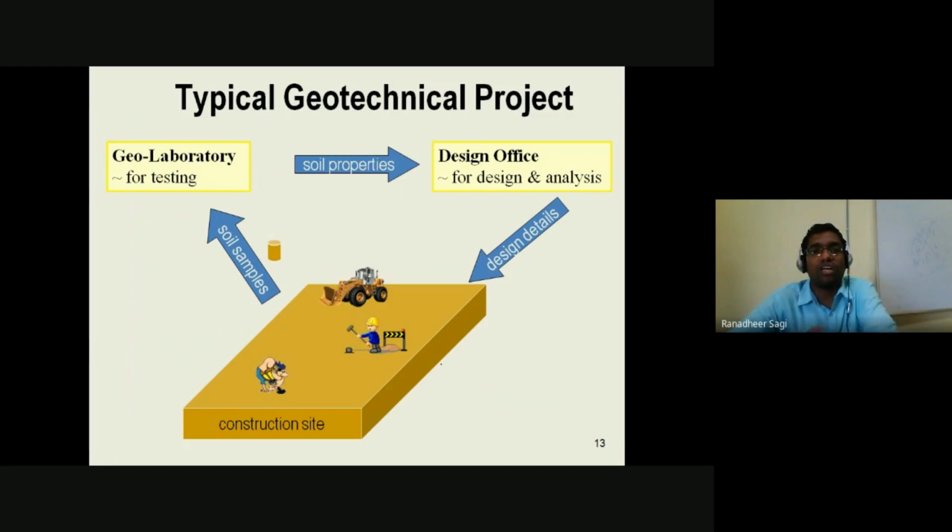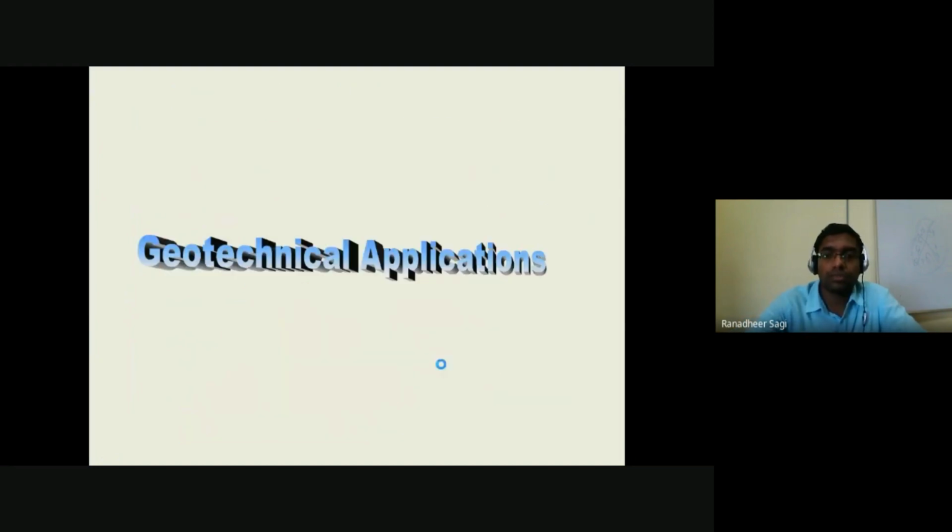Okay, so for determining the various properties of the soil, if it is a lab test, we collect some soil samples from the field from the required depth, take those samples to the lab, and carry out the respective laboratory tests on that soil sample to determine the various index or engineering properties. Based on those soil properties, which you determine in your design office, you can go on to design a suitable foundation or structure which can safely transfer the loads onto that soil with those corresponding properties.